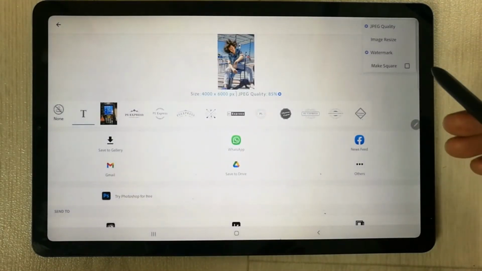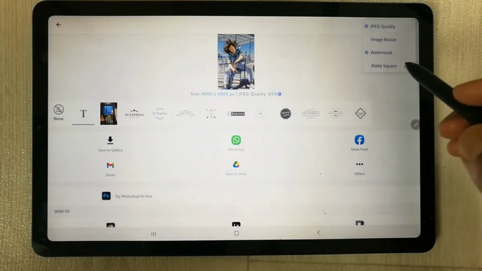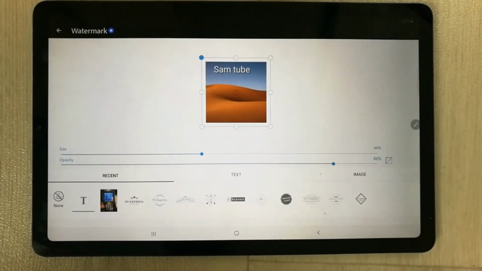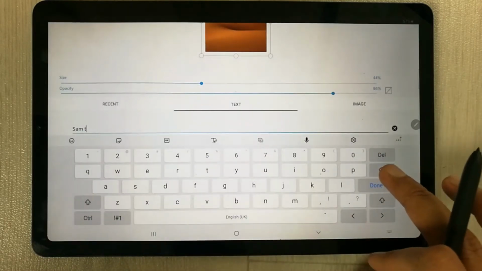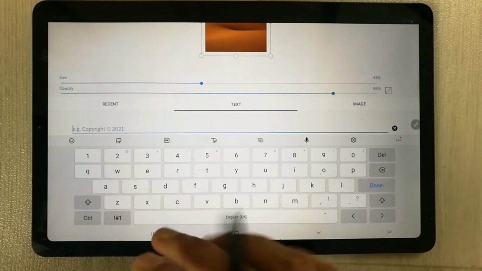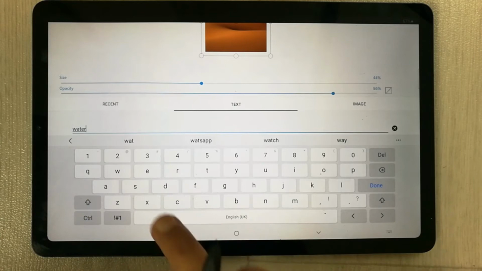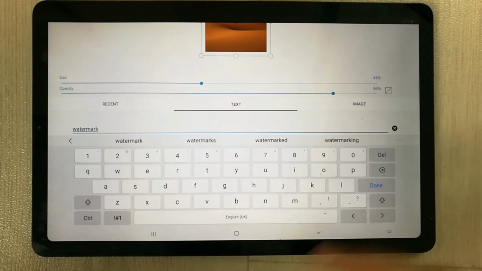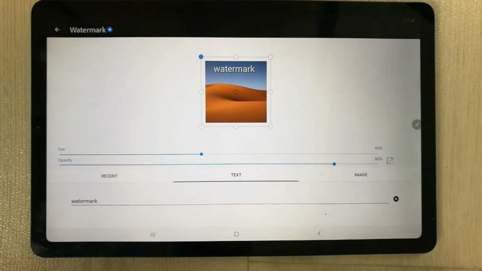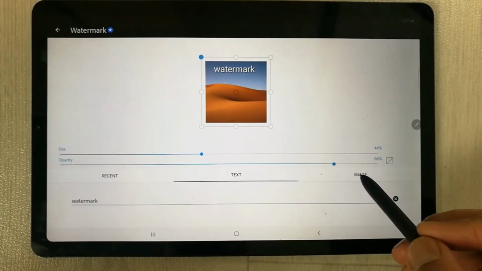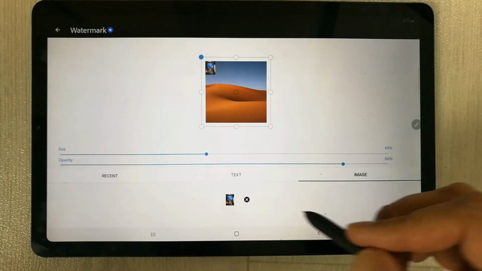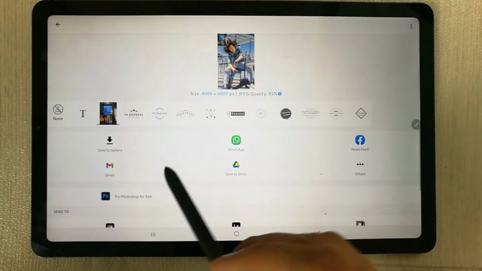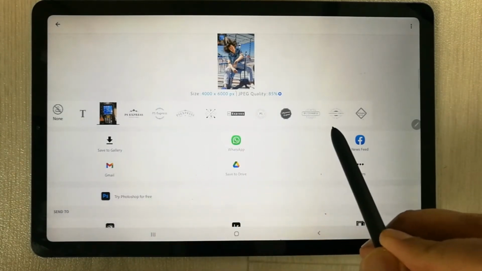And then very important thing, if you want to add the watermark, so this is the third option. So once you click on this one, you can see over here it is giving you the different options. So you can select this text from here, and then you can write your name or whatever you want. For example, you want to just write here water, mark, so I just write it, and then I press done. You can see over here it is showing you over here. And then if you want to add the image, you can also add image from your device. So this is how you guys can set the watermark. You can also select these watermarks option as well.